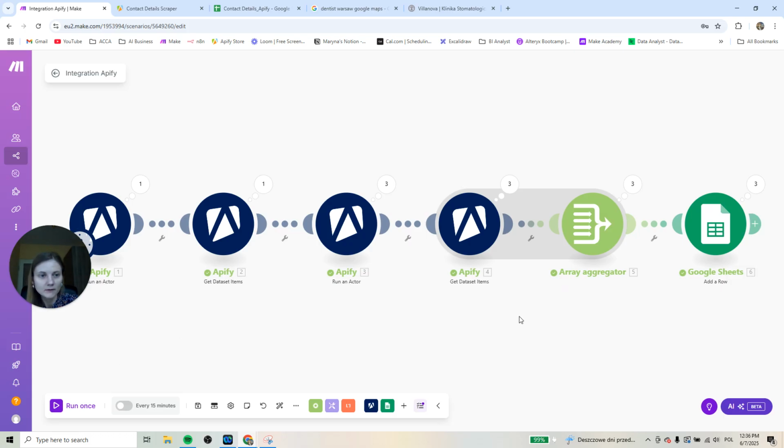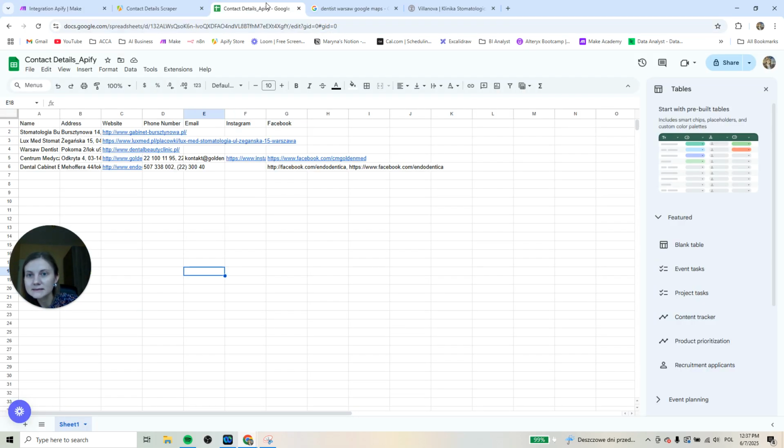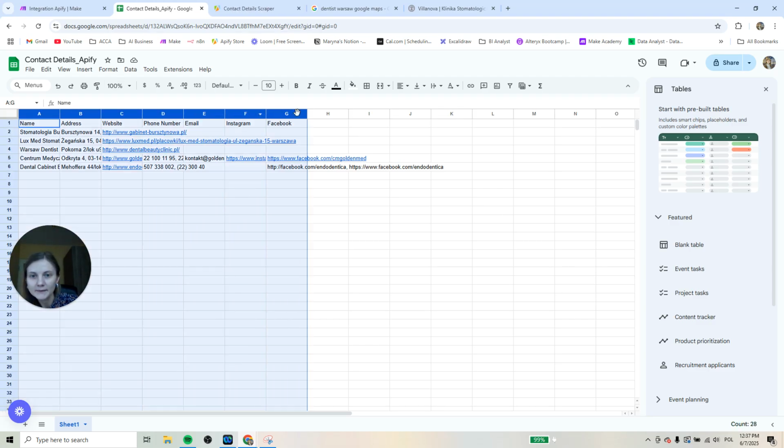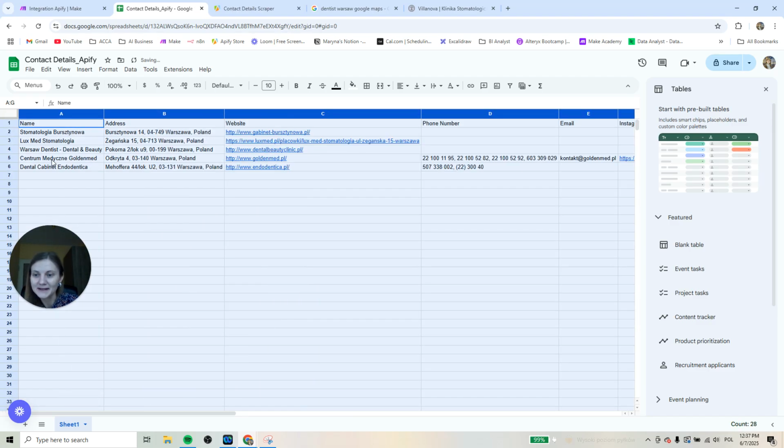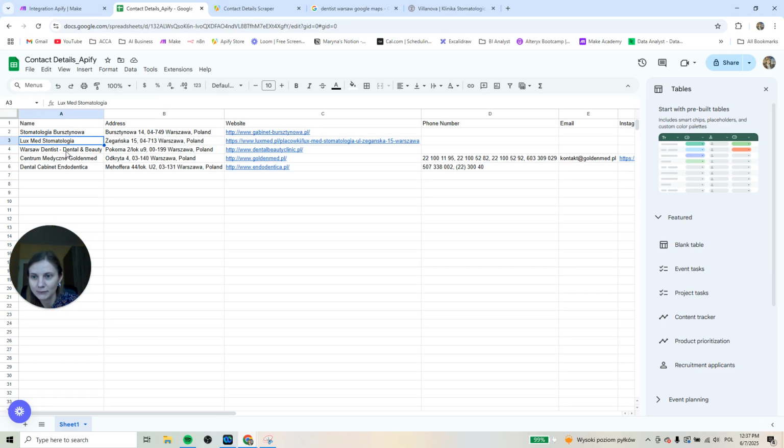Okay, so our workflow is over, and now let's go to Google Sheet. Oh, guys, let's see what we got. Actually, we got a few more results, not 3, because we tested our workflow at least 2 times. Yes, the first time with one error, but it means that maybe there was just an error with one line, and the second time it went smoothly. Okay, so we have name, stomatologia, yeah, it's just in Polish language,